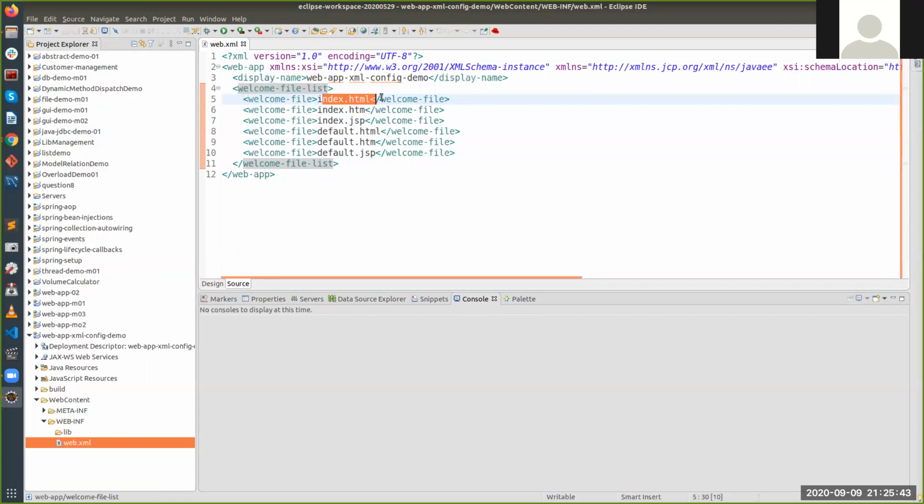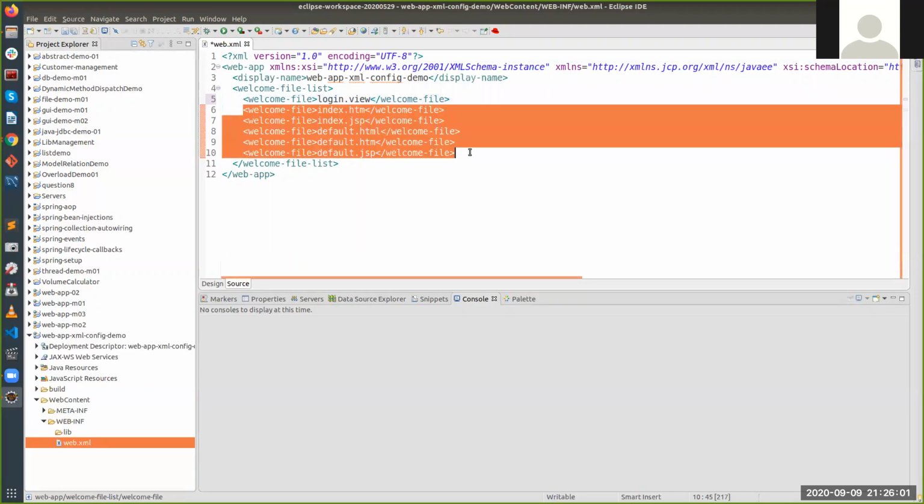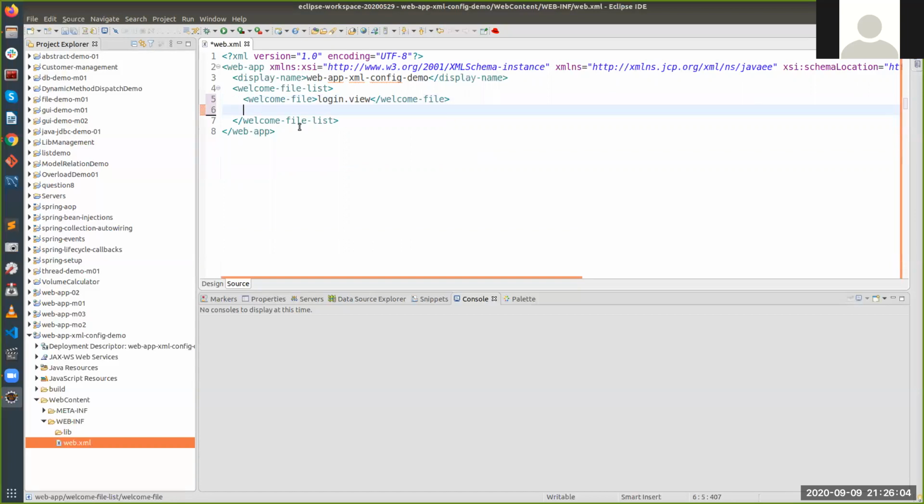It's not necessary that it should be index.html only. If you want, you can give custom file names also. For example, if I want my application to always show a login view, I can create a servlet, map it with login view, and then this login view, if available, will open by default. So this becomes a default page.